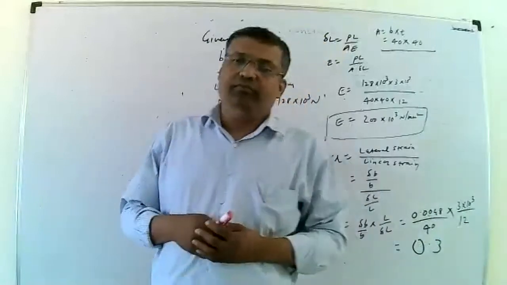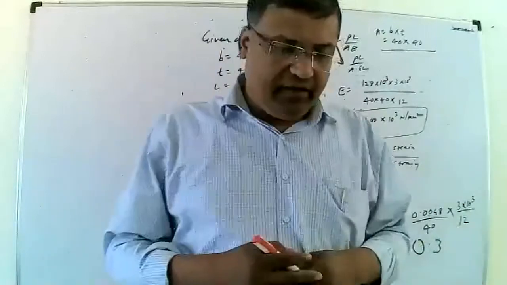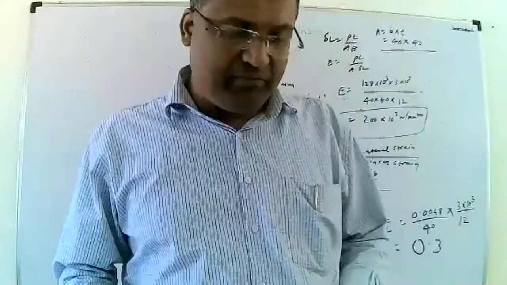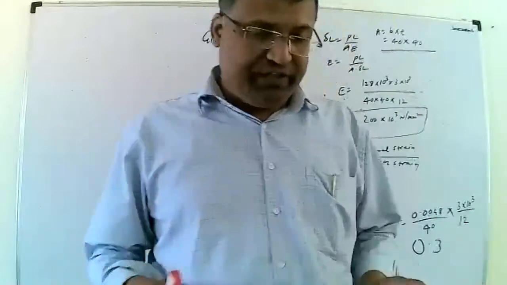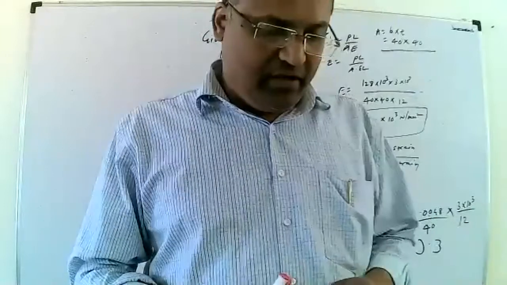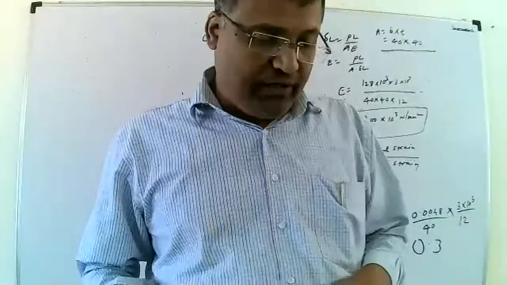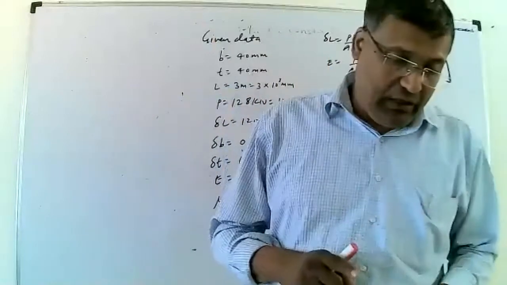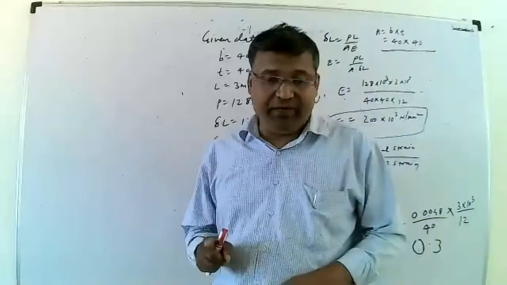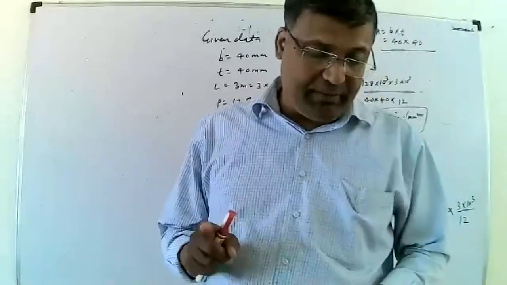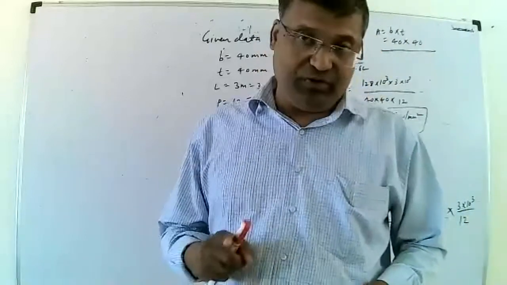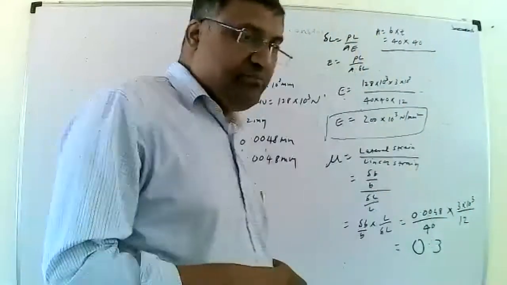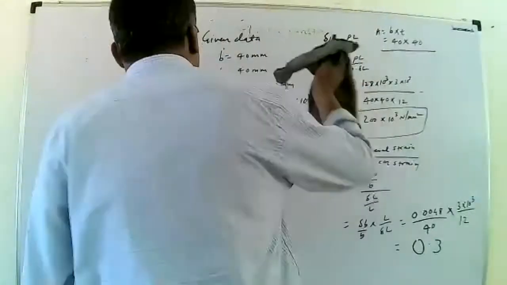Means in the problem, information is provided. The first information, a steel flat plate 30 mm by 15 mm, means B is equal to 30 mm and D is equal to 15 mm. Load is also given, 58 kilonewton. Young's modulus of elasticity E is equal to 2 into 10 raised to 5 and length is provided, 2.8 meter, 2.8 into 10 raised to 3 mm. Mu is also given, 0.30, and we have to calculate volumetric strain EV. This is a very simple way to find EV.